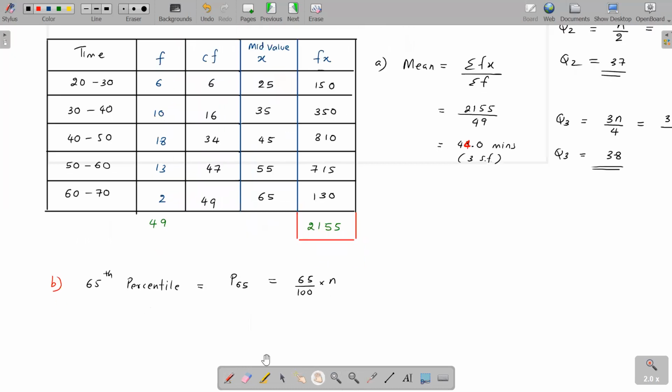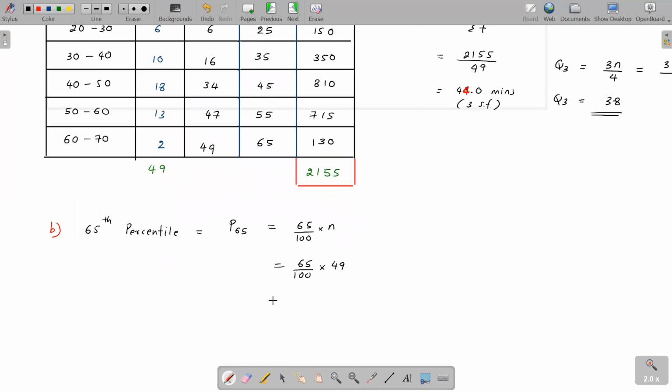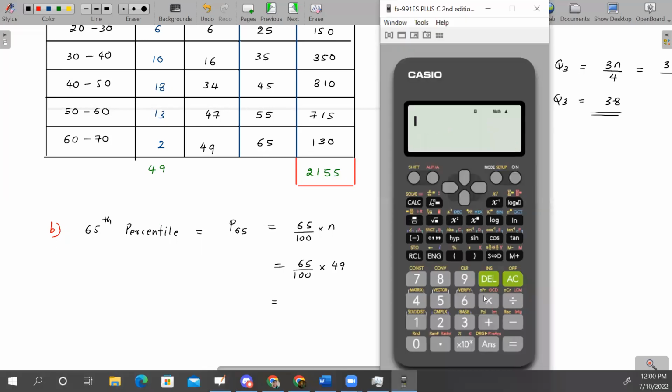Are you guys with me? So now let's use the value 65%, 65 over 100 into N. N is the total frequency, which is 49. So let's take 65% of 49. How much is it? 65% of 49. Is it an exact decimal, or does it go forward? 65 over 100 into 49. It's